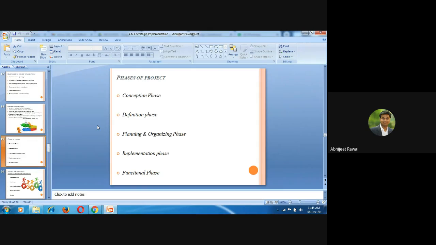Second, definition phase. Definition phase is that you almost have 3 to 4 different kinds of projects with you. On those 3 to 4 projects, you need to give a priority. First priority to this project, second priority to this project, third to this project. You need to evaluate आपके organization के financial, HR, technical, infrastructure, suitability के हिसाब से you need to give the